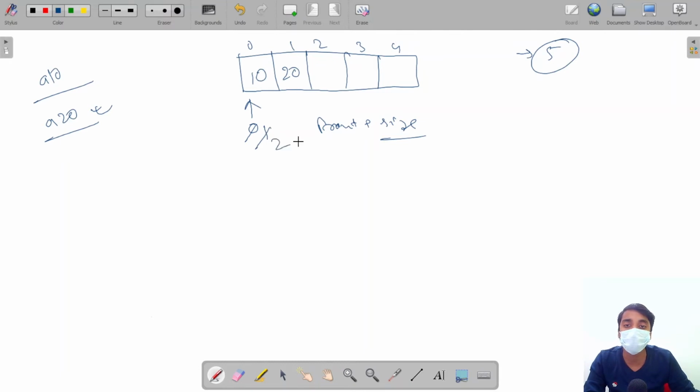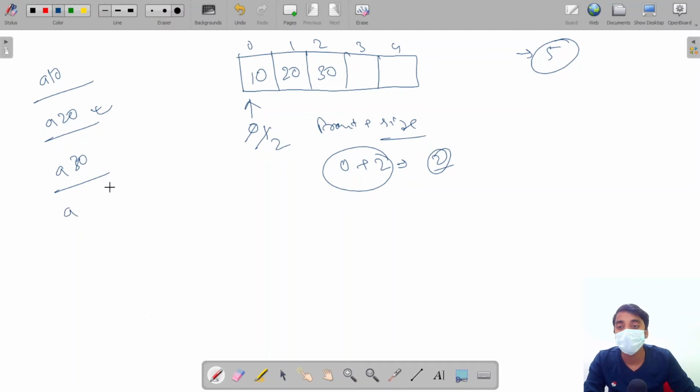Now the size is 2. Now if we again want to add, this will add this value here, because the front is 0 and the size is 2, the rear index is 2. Now add 40. 40 will be added here. Add 50. 50 will be added here.